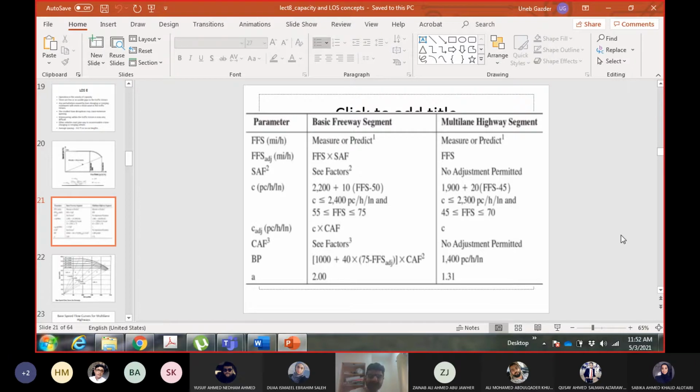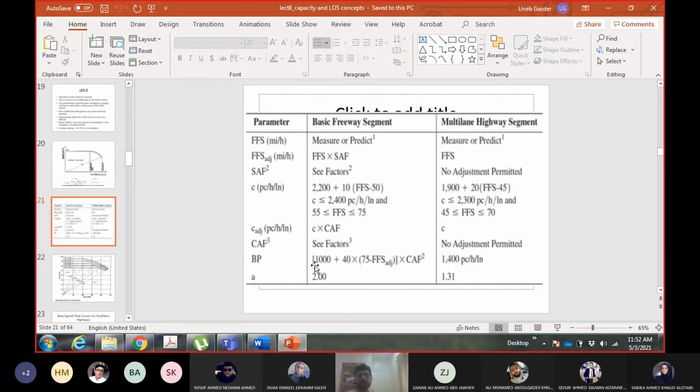If no adjustment conditions are given, that means all adjustments are 1 and free flow speed and adjusted free flow speed are equal. Whatever free flow speed you have calculated, you will use it here directly. The capacity adjustment factor will be 1. Like I said, all your adjustment factors are 1, so these will not be applied. If I tell you the conditions, the weather is like this, an incident happened, a work zone happened, then you will go for the adjustments.